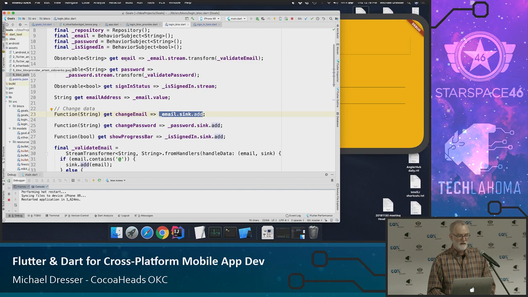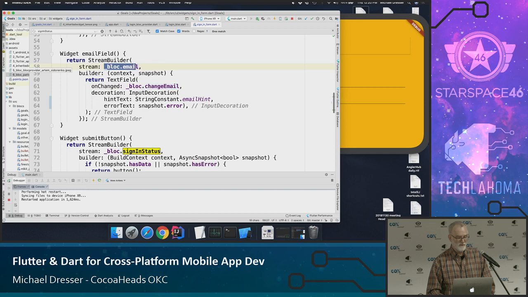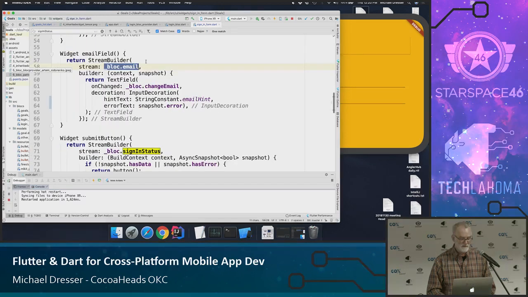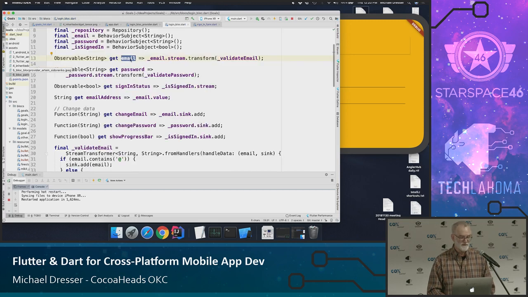All right, what if you just want to get the email? I'll go back to here. Again, this is what the StreamBuilder is listening to in order to put it in this text field. You're going to get the email. You'll notice that the syntax here is just bloc.email. So that getter, you don't have to say get, you just use the email. In this case, it's returning the observable, because that's what we want. We want to know what the email text really is. And here it's returning the email stream, and that's what we want. We want to listen to that stream.